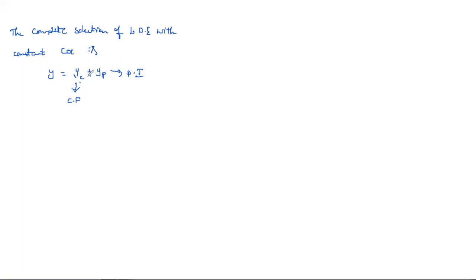So for every equation from this entire unit, you have to finally write only this: y is equal to yc plus yp. Where yc is the complementary function, which is none other than the general solution. It obviously consists of arbitrary constants; however many order you have, that many arbitrary constants have to be there. And yp is the particular integral, or simply the particular solution, and it doesn't contain any arbitrary constants.